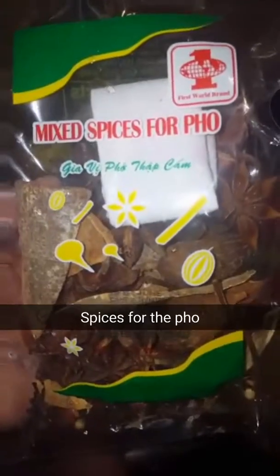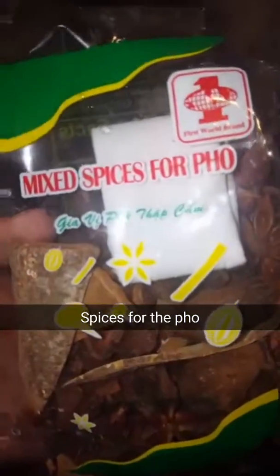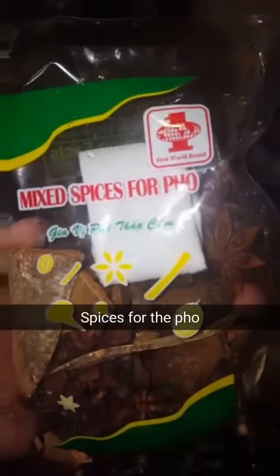Okay, so then with your mixed spices for the pho, you're gonna put them on a little pan and char them. What the little spices have in them is star anise, cardamom, cloves, cinnamon, licorice, and pepper. This is when you open your little packet, it comes with a little baggie. Just set it aside and pour your spices in the hot pan. So just stir them. Don't let them get burned. We're just charring them for a little bit